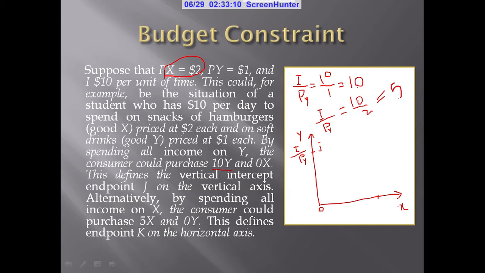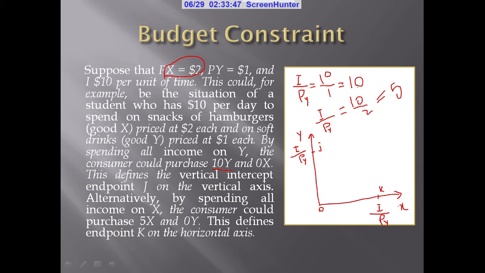The individual is able to consume only 5 units of commodity X if he spends all of his income on the consumption of X and the consumption of Y equals 0. This is the x-intercept, and we are denoting this as point K. It's your point K, it's your point J. Point J shows the vertical intercept and point K shows